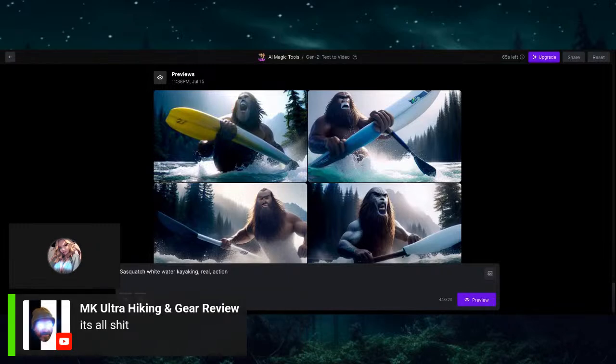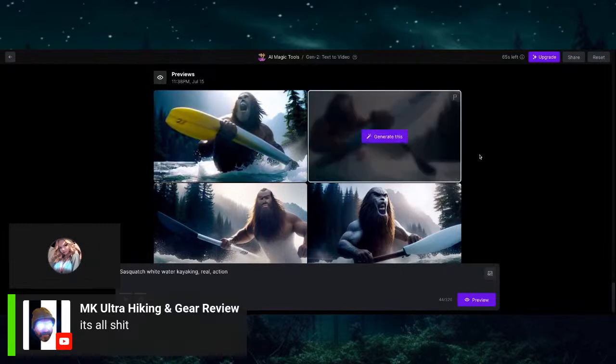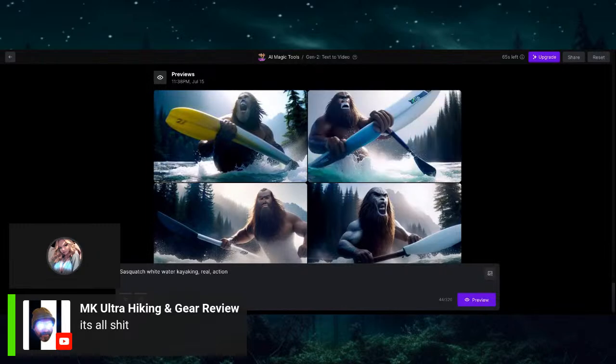MK Ultra says it's all shit. Yeah, you're right. Oh, here's the revised Sasquatch now that it was my user error, but these still look shitty, dude. Pardon my French, but now I'm going to show you guys real quick because not all AI is the same AI. There's just countless infinity numbers of AIs now that all generate things differently. And Midjourney is great at making Sasquatches, and I'm going to prove that to you